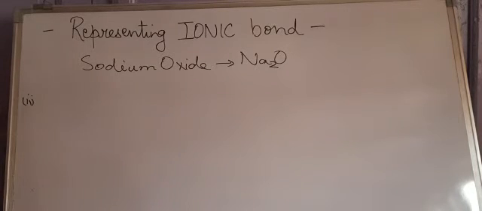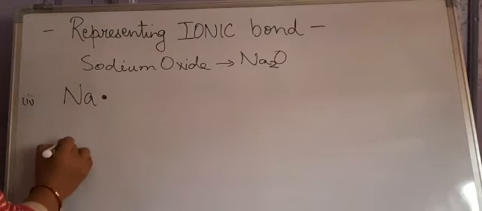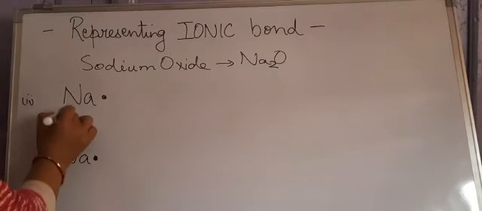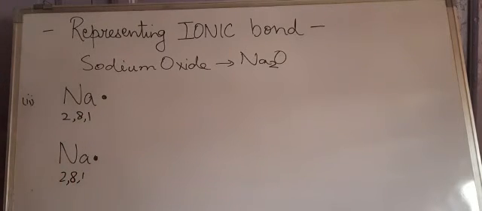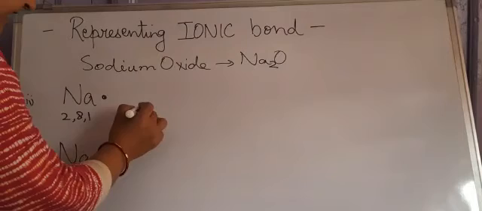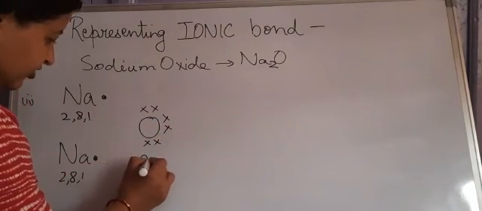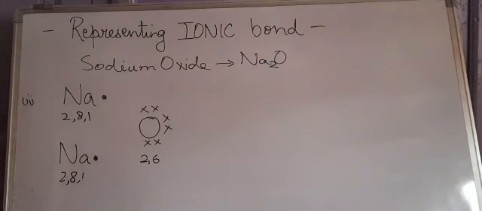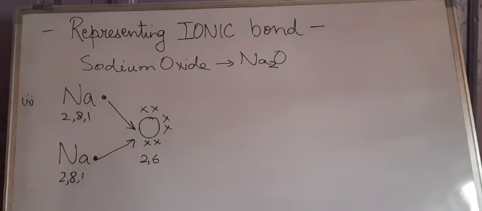Now let's see, we have to represent 2 sodium atoms. So we'll say this is the first sodium atom, 1 electron, and this is the second sodium atom with 1 electron. This has electronic configuration 2,8,1. This also has 2,8,1. All right, both of these two are combining with 1 oxygen atom. This is the 1 oxygen atom, and it has 6 electrons in the outermost orbit, 4 5 and 6. Electronic configuration is 2,6. This sodium is going to donate 1 electron, and this sodium is also going to donate 1 electron to the oxygen atom, right?